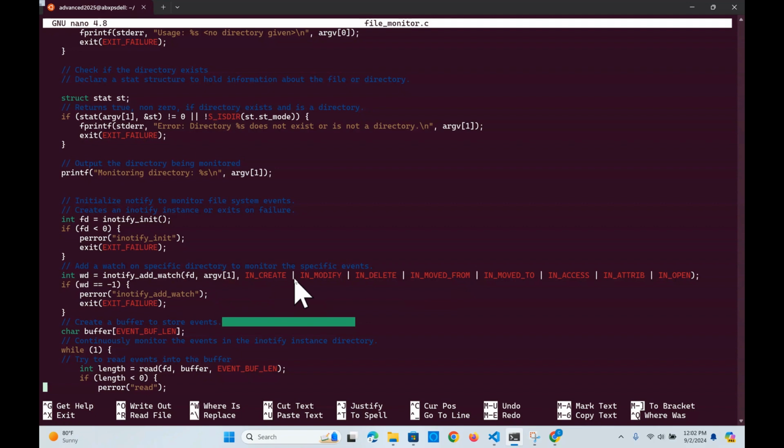So if any of these things happen, if a file's created, if a file's modified, if a file's deleted, if it's changed, it's going to flag it, log it, and the way I log it is just print it to console. So I create a buffer to hold the events,